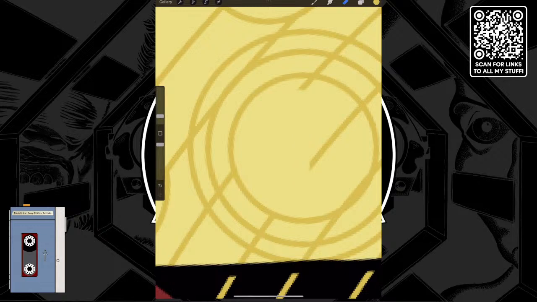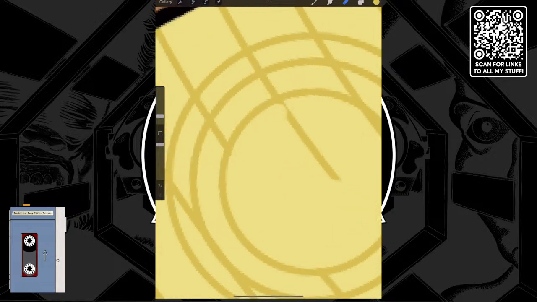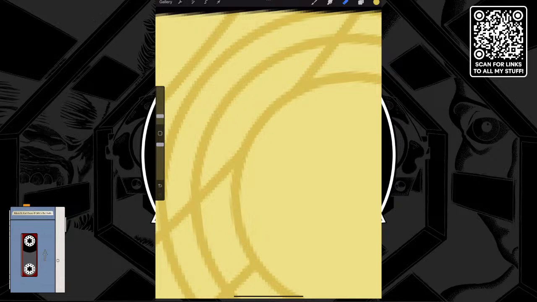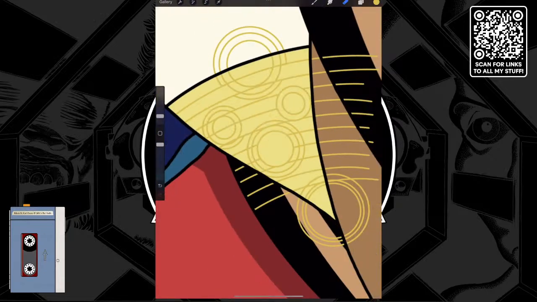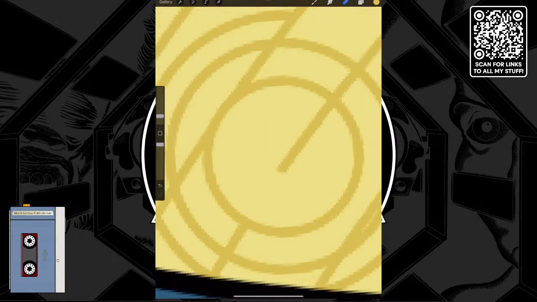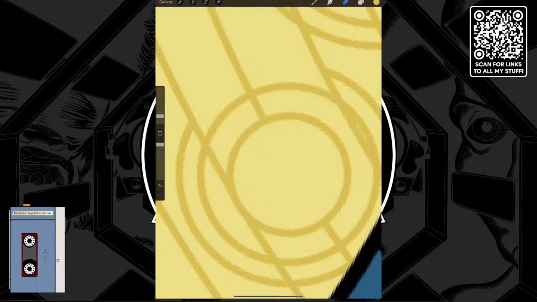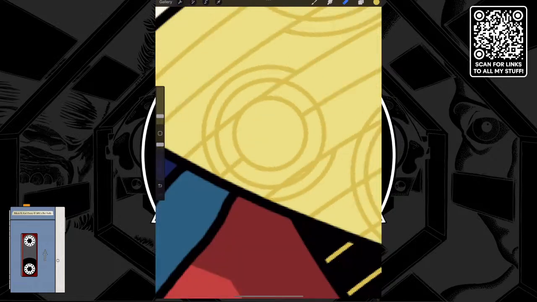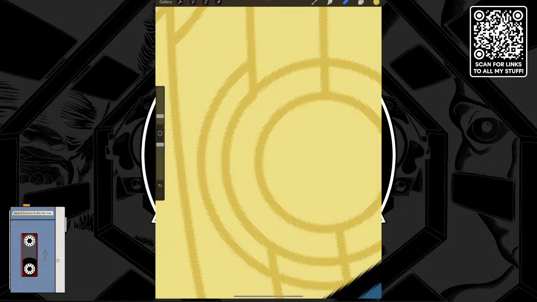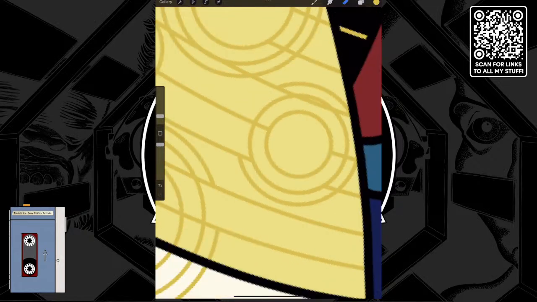That's a definitive rule. No lines will go through the center of any circle. Right? So that means this can go away, that can go away, that can go away. This can go away. Right? That one's going to stay.